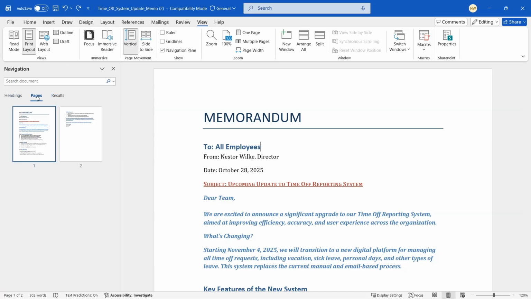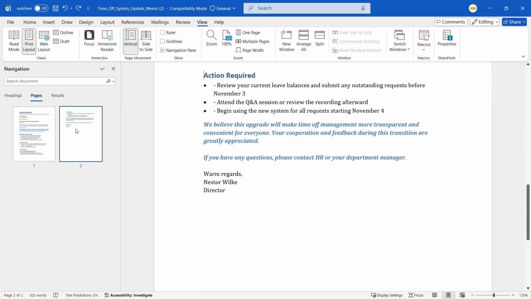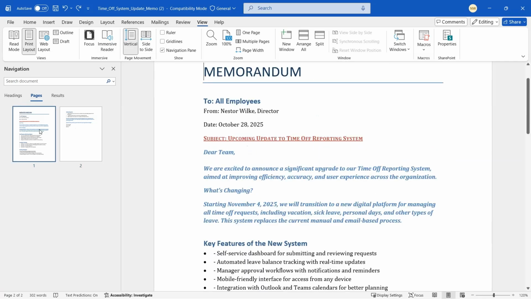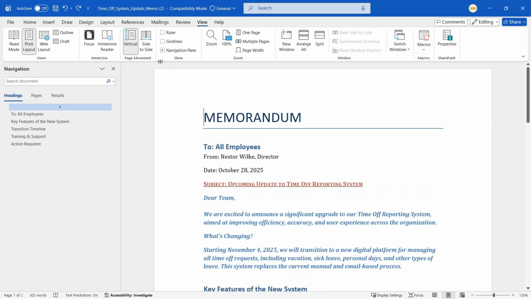Now, if you click on pages, you'll see you can navigate to the different pages of the document here as well, which is pretty cool. So we've unlocked some more features here just by inserting those heading 1 styles. There's some other things that we can do on the design tab, but first